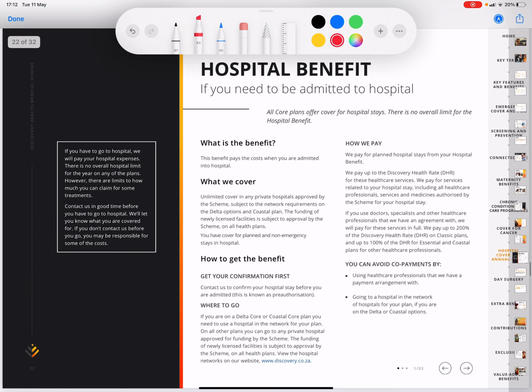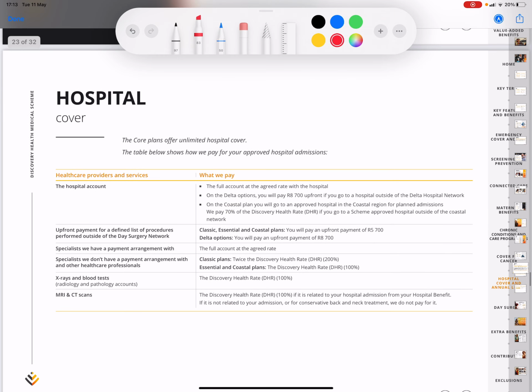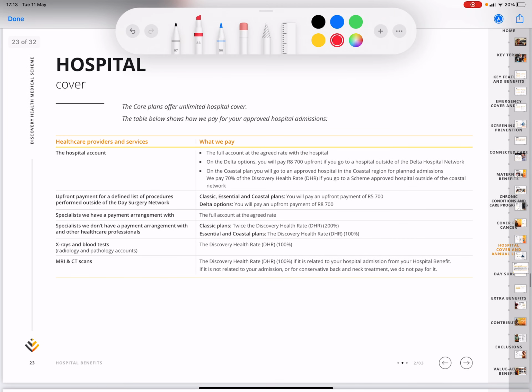All right, so on this note, how we pay, things like that, it's very important to know that it's not a pay and claim benefit. So if you go to a hospital and you give your medical scheme card and they admit you, they can very easily just load everything and they claim directly from Discovery. So nothing to worry about there. And then in hospital,